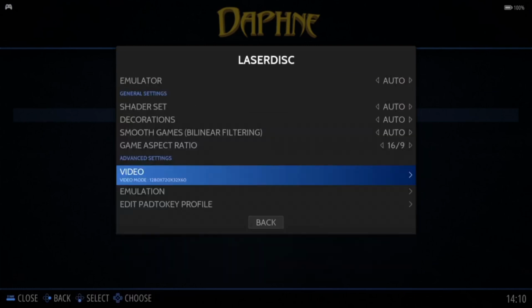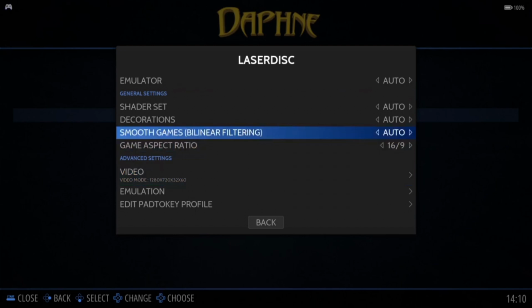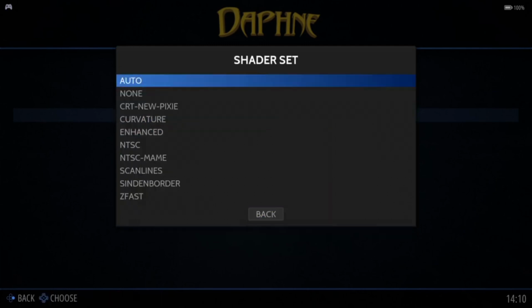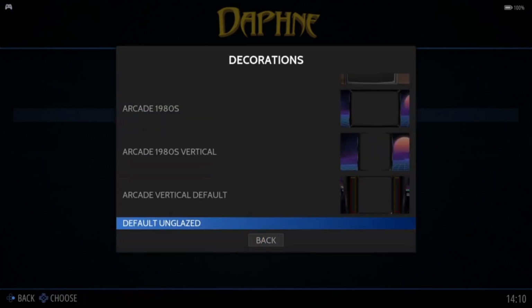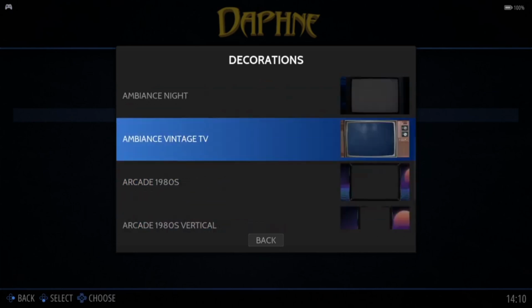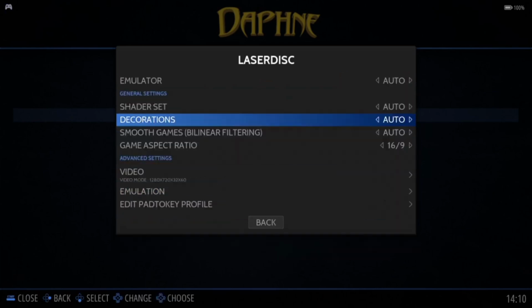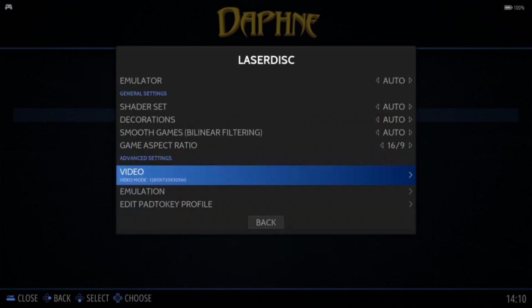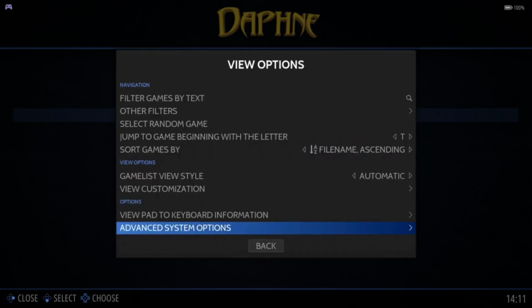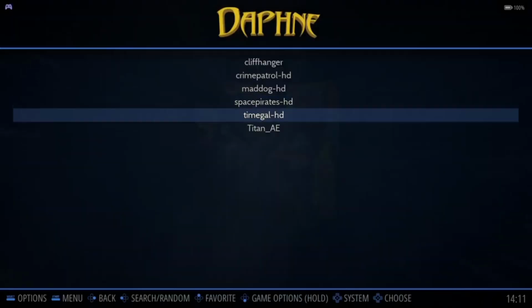So if I back out again, and just bear in mind, we've also got smooth games by linear filter, which is already turned on. We got shader set just here to add scan lines or whichever effect you might like. And under decorations, we don't have a decoration for Singe. But if you're going to use a decoration, then just remember to put the aspect ratio back to 4:3. So we've got video set up now for my screen at least, which is 1280 by 720 running at 60 Hz. And game aspect ratio is on 16:9. Now if we open up the game again, Time Gal,